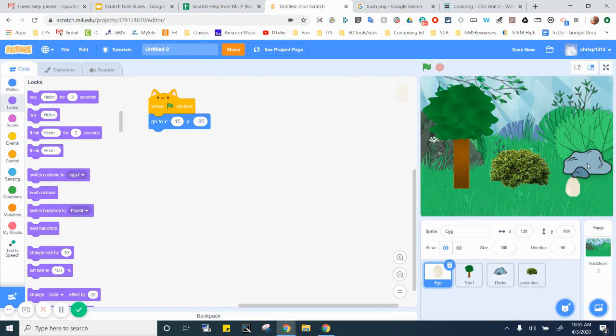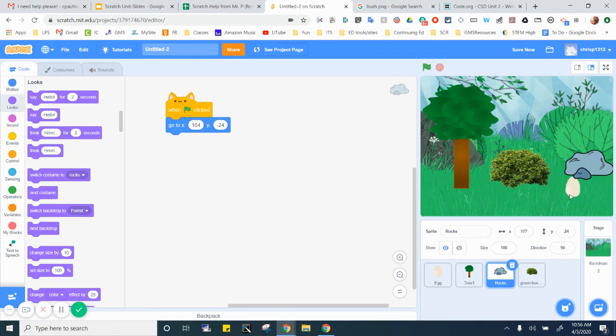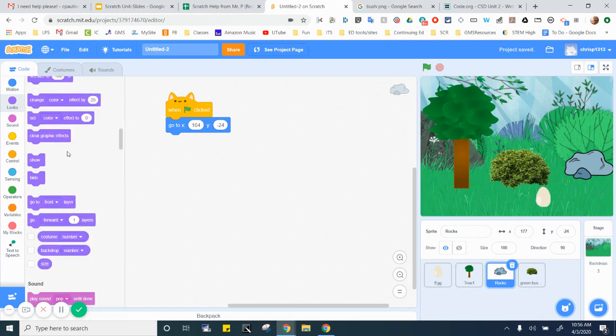If I want basically the rock to always be in the front, here's the rock's coding. And in the looks, I'm going to go down here to go forward. Actually, there's go forward. That's not what I want. I want go front. So basically, if I want that to be in front of everything, I can say go to front layer. And that would actually do it, so that now